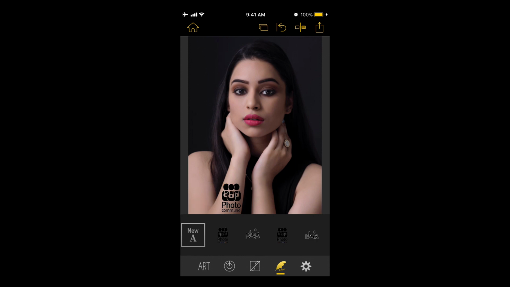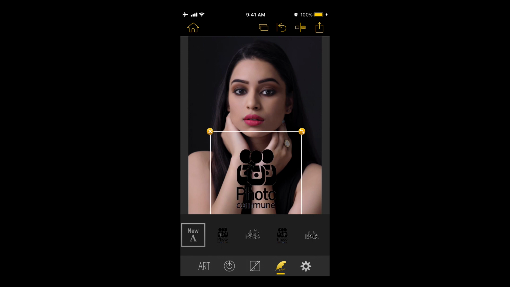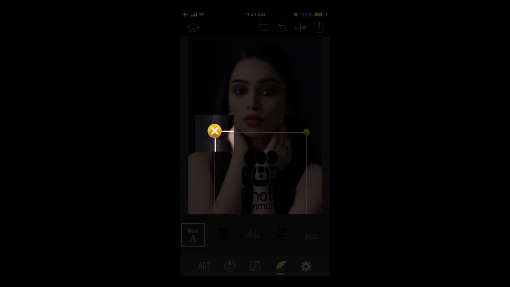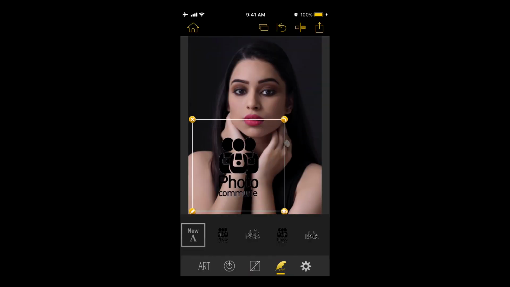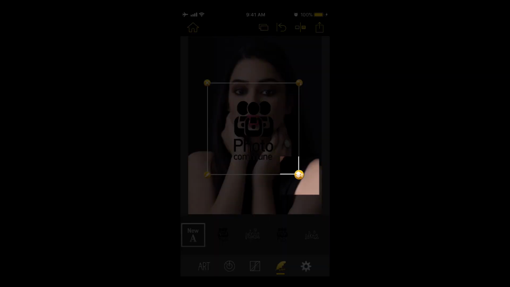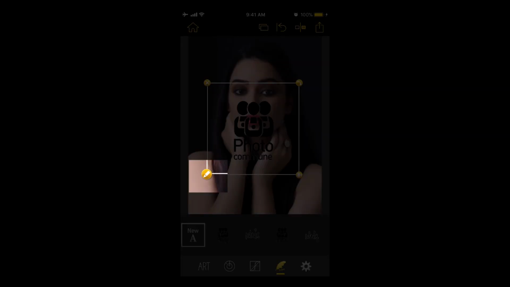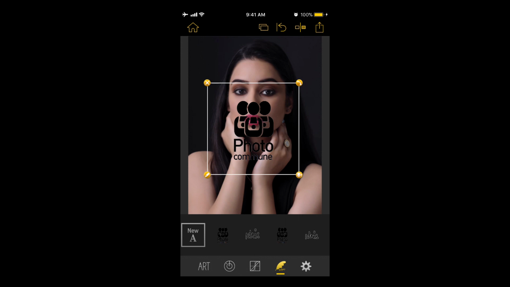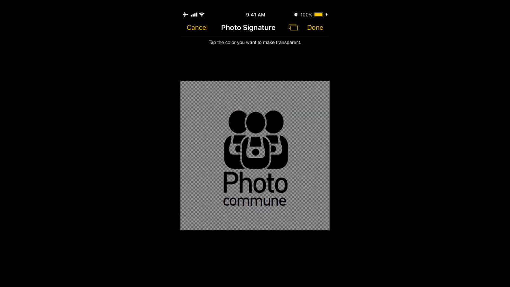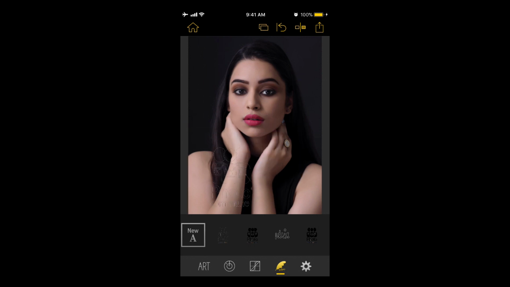So let's say I want to switch this off. Yeah, and also I'll show you how this works. So this is of course the sign to switch it off, then rotation, and if you're working with different layers, this is for the different layers, and then this is to change the intensity. So I tap here, so it will take me to the original image, and then I can change anything I want to do. So no, I don't want this, so I'll just switch it off, and I'll pick up